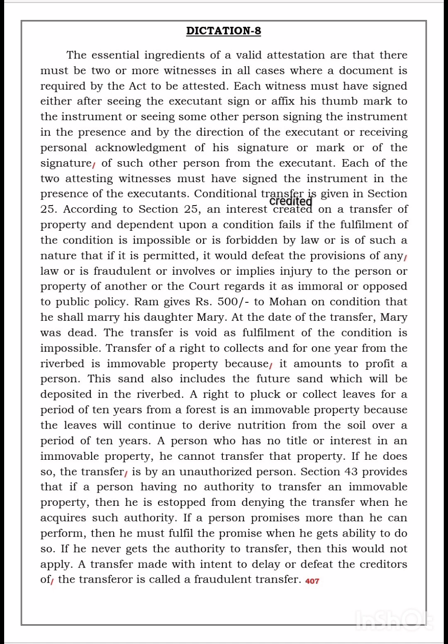The essential ingredients of a valid attestation are that there must be two or more witnesses in all cases where a document is required by the Act to be attested. Each witness must have signed either after seeing the executant sign or affix his thumb mark to the instrument, or seeing some other person signing the instrument in the presence